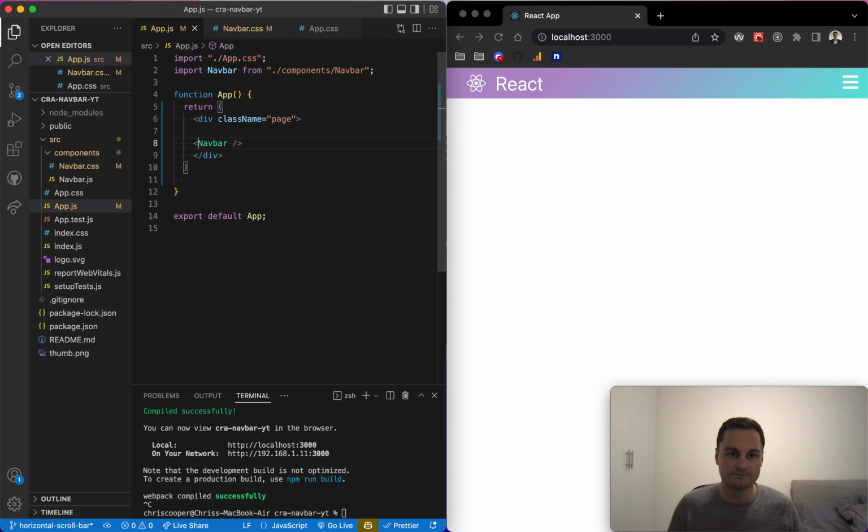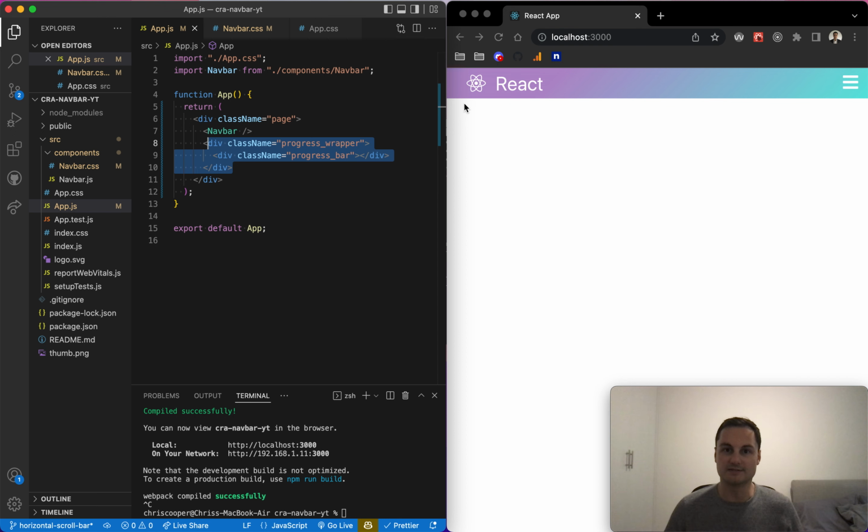Below the navbar here, I'm going to create a div with a progress_wrapper, and then inside that div, a div with a progress_bar, and hit enter. You can see this is the structure that we're going to need, and really it's only these two divs where we'll be inserting the progress bar, the horizontal scroll bar, but we need the page here because in app.css